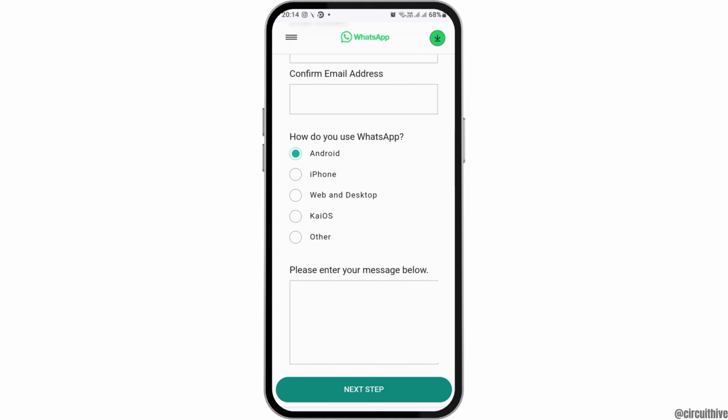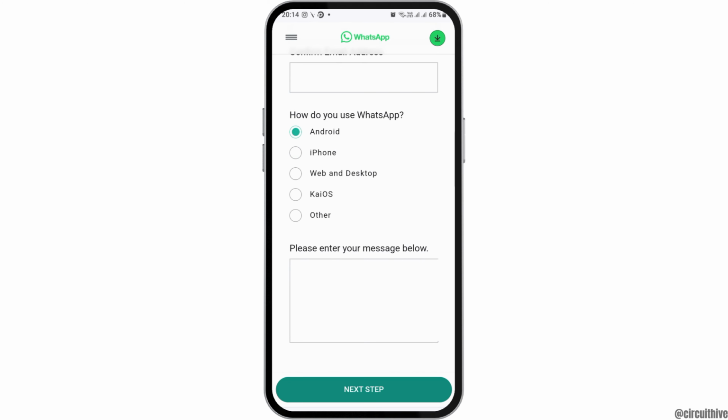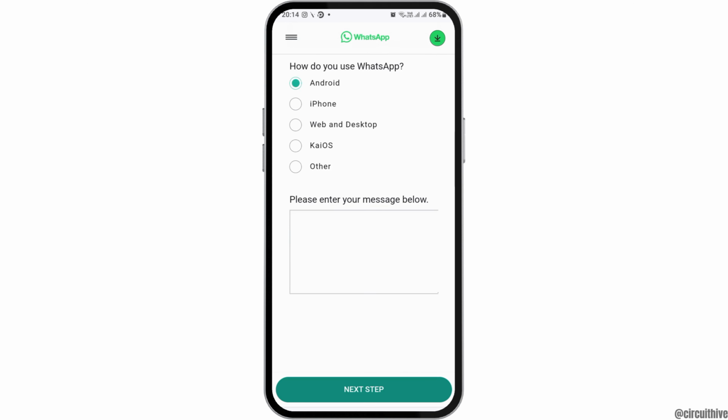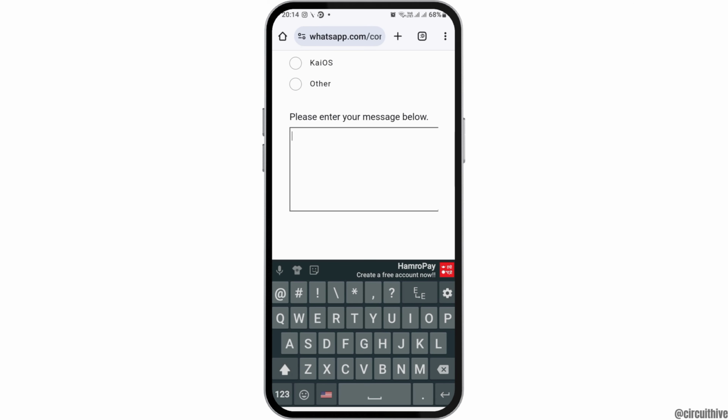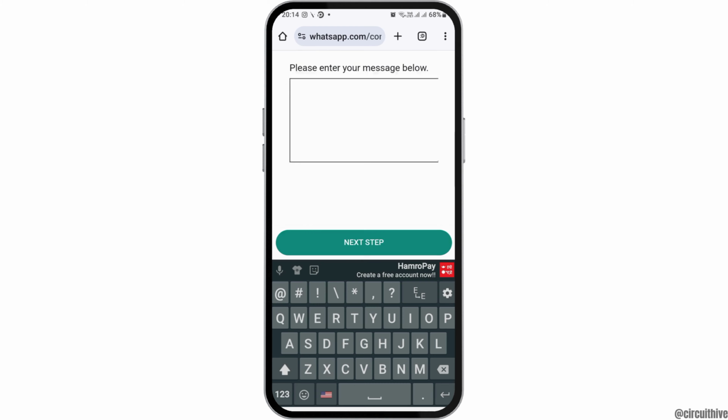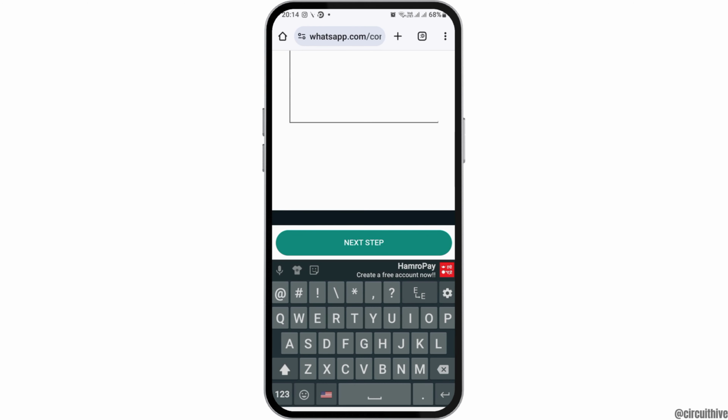It may be Android version, iPhone version, Web version, or desktop version, KaiOS version, and other. You can just tap on the version that you are using, and in the enter the message option, you have to enter the message or the problem that you are facing, and then you have to go to the next step, and in the next step you have to submit it to the developer of WhatsApp, and after WhatsApp receives it, within 24 hours your problem will be